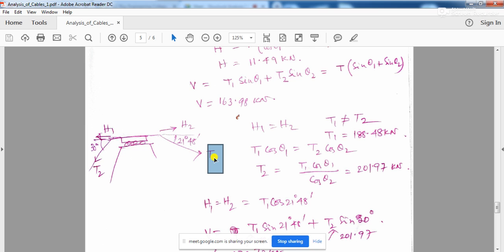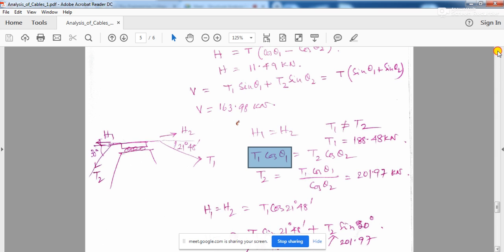What is this T1? This T1 is nothing but the tension in the main cable. So the horizontal component of this will be T1 cos theta 1. And what is this theta 1? This theta 1 is the angle the main cable makes with the horizontal,